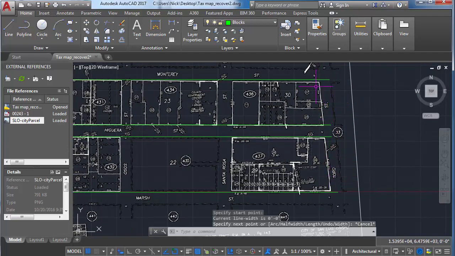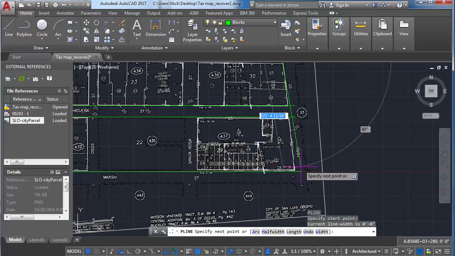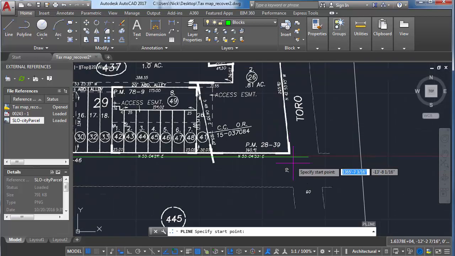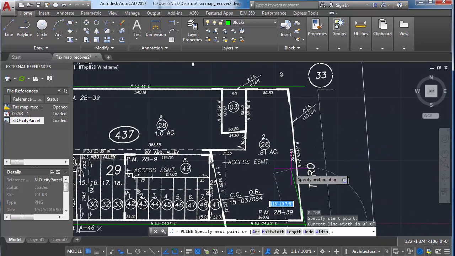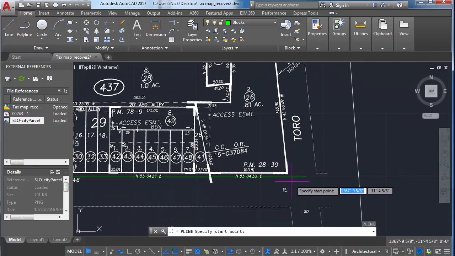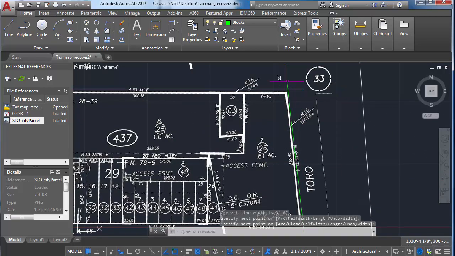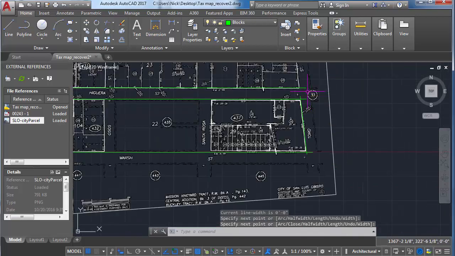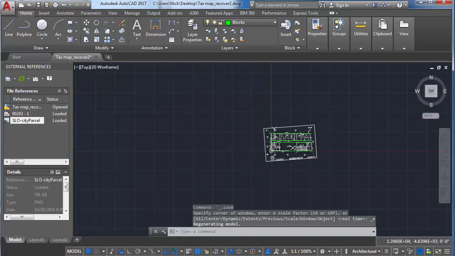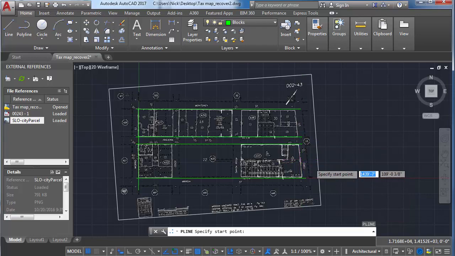Polyline again, polyline again, create another polyline, create another polyline, create another polyline, another polyline,